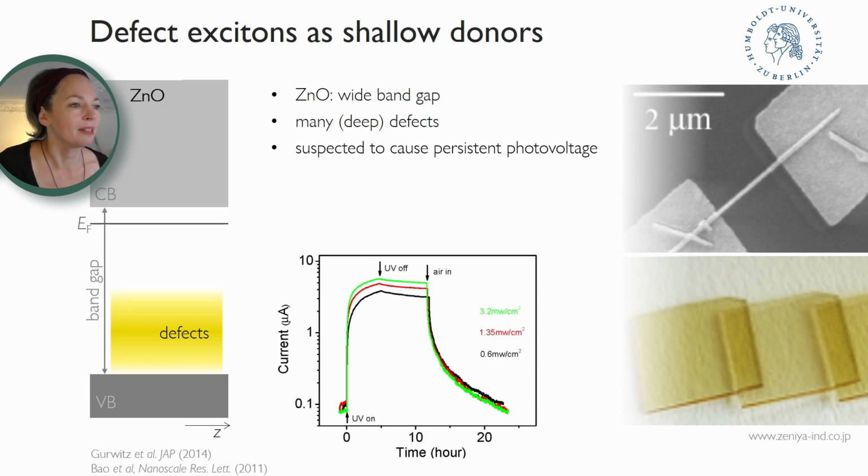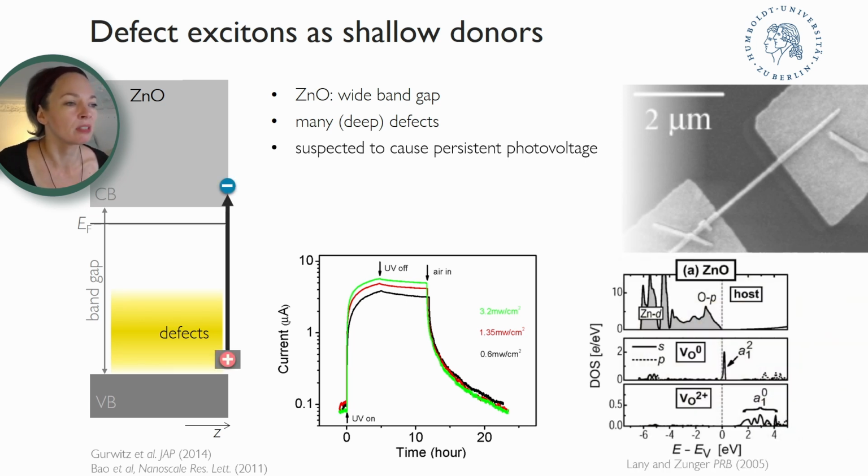And this conductivity is persistent because it doesn't go away when you turn off the UV light. You need to let air into your system in order to quench this photovoltage, and it's suspected that oxygen vacancies are responsible for the persistent photovoltage. There are also calculations that show that deep-lying levels of the oxygen vacancies are sitting just on top of the valence band maximum, and when these vacancies are photoionized, a significant density of states is created in the region of the Fermi energy